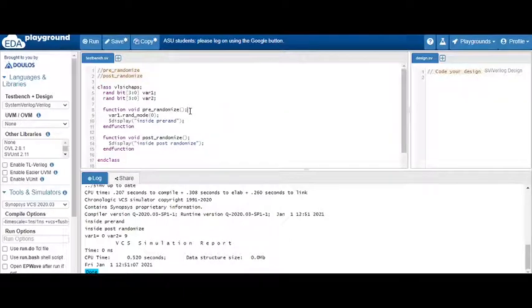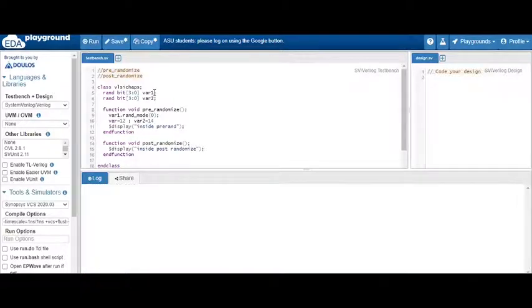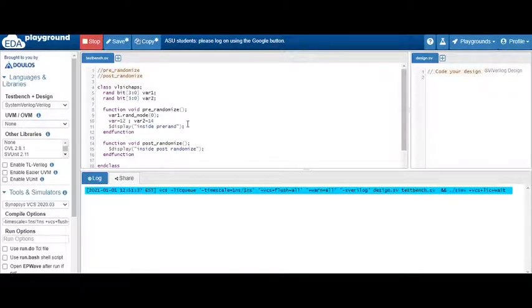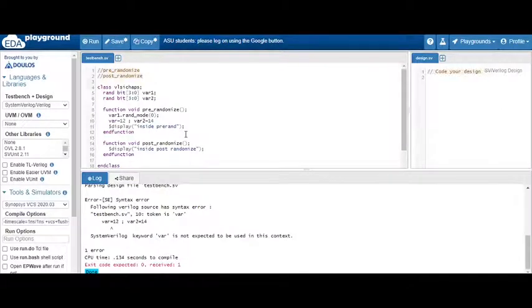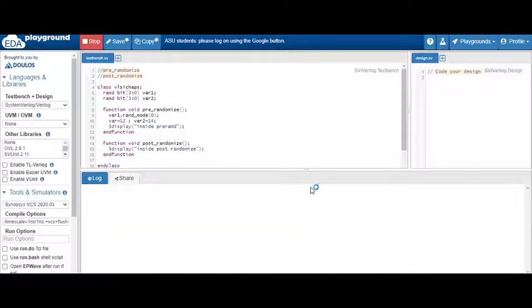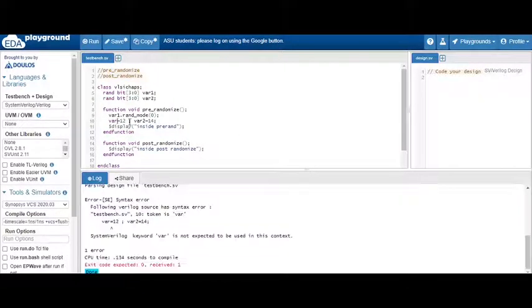And you can also initialize the values. Suppose you want variable 1 to be 12, and variable 2 to be, not 20, let's keep 14, because our size is 4 bit, so maximum we can go to 15. I am missing a semicolon, please don't miss the semicolon. Yeah, I just missed the variable 1 name.